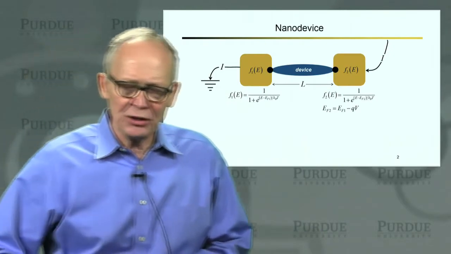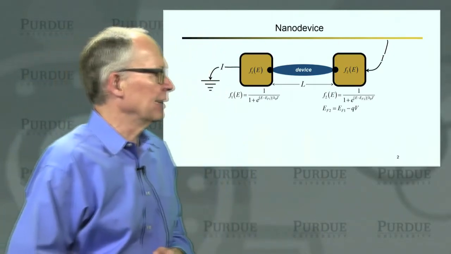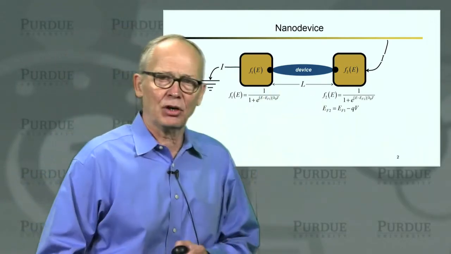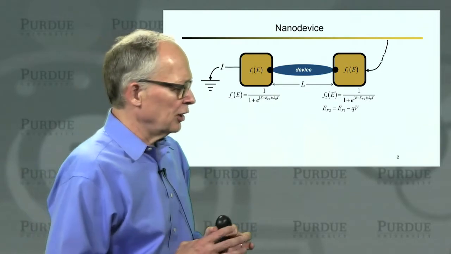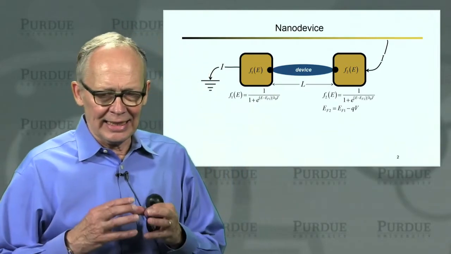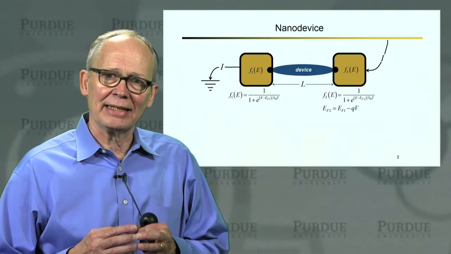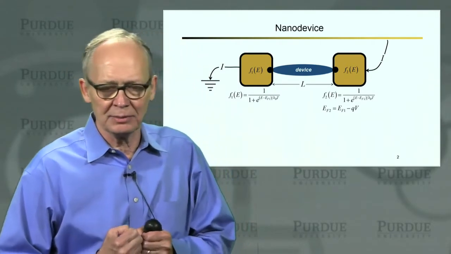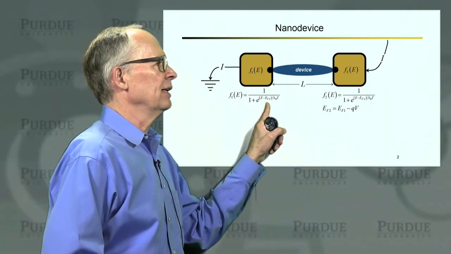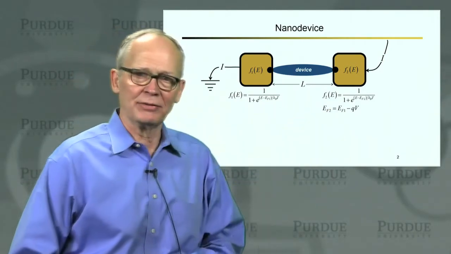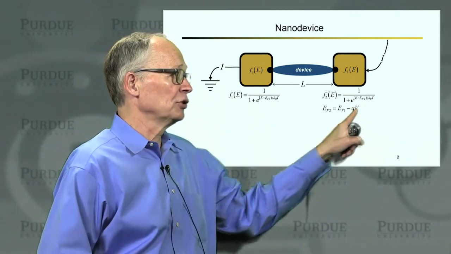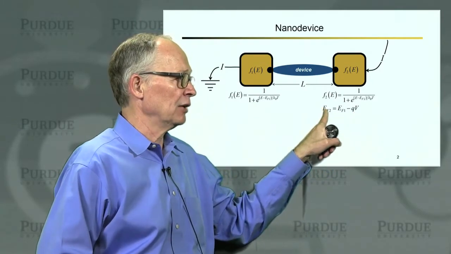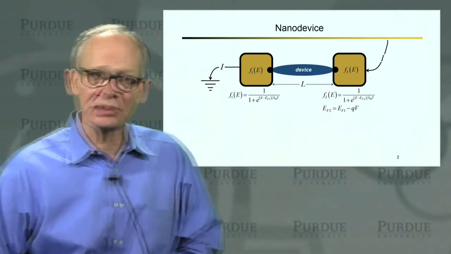Okay, so I'll just remind you, this is our generic nano device. A couple of things to remember: we have these very special contacts that I've called Landauer contacts. They're large, and they're maintained near thermodynamic equilibrium by frequent inelastic scattering that mixes all the energies and the momentums up. Consequently, they're each described by a Fermi function. The Fermi levels may be different because we may apply a voltage to the second contact and lower its Fermi level with respect to the first contact.